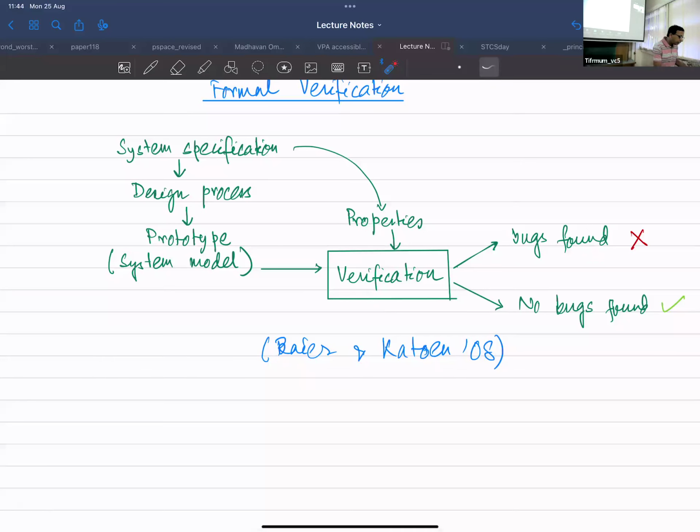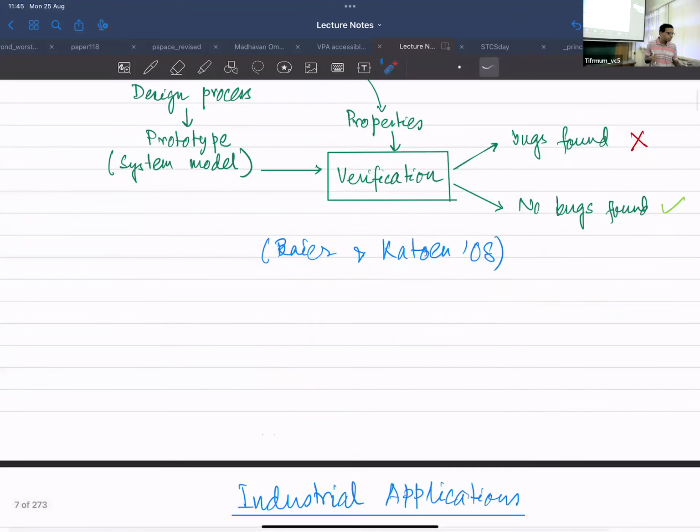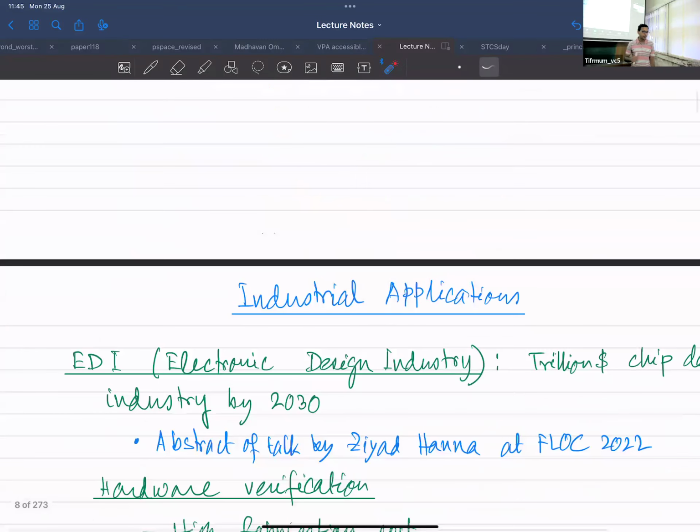And it can also happen that if a bug is found, we would also like to find out why there is a bug. So there can be a counterexample, which says that if the system executes in this particular way, then this execution is going to violate the specification. If you transfer this knowledge to the developer, they might from that knowledge try to fix or make some changes to the code, and maybe the next time the system starts satisfying the